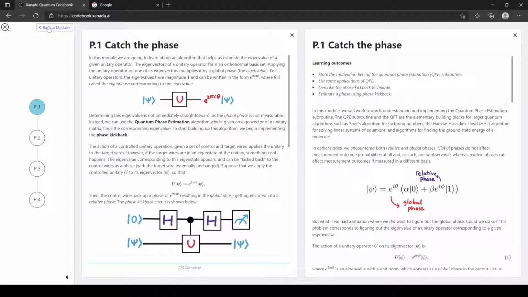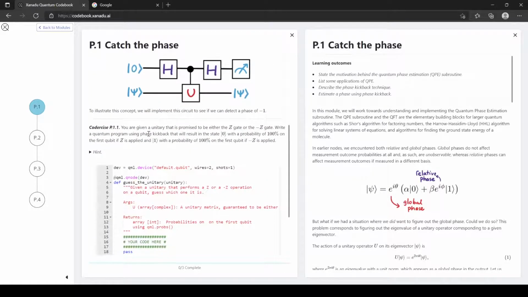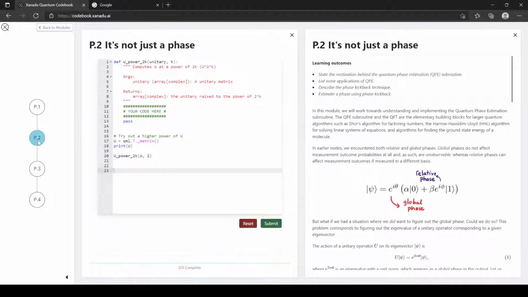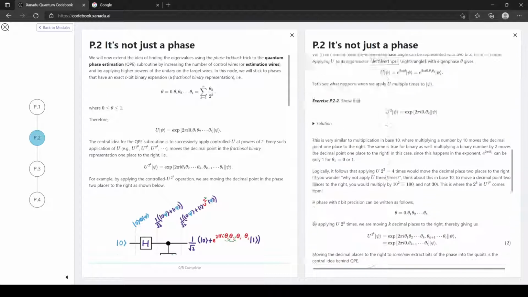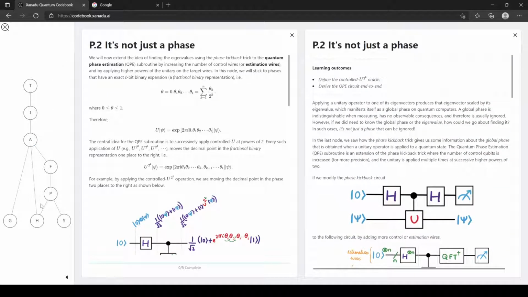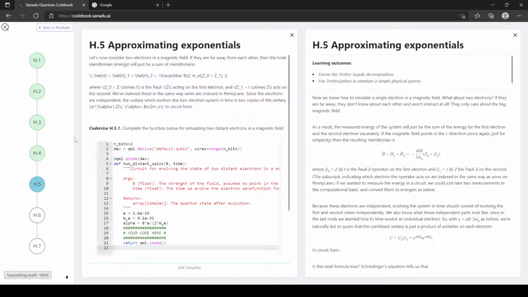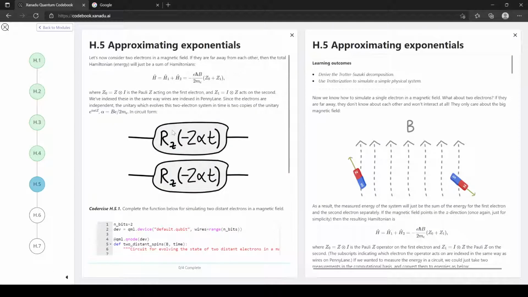So yeah, actually, this reminds me of something that I should do. All right. Anyway, getting into it. Let's see if we